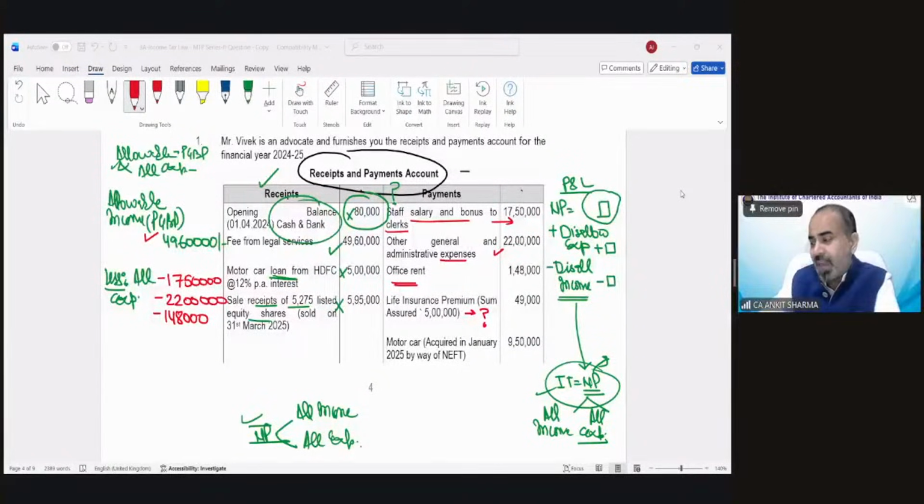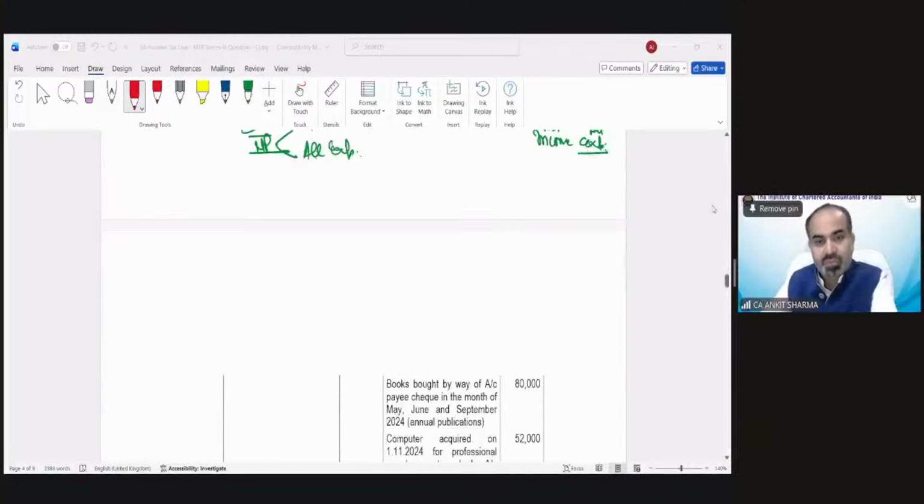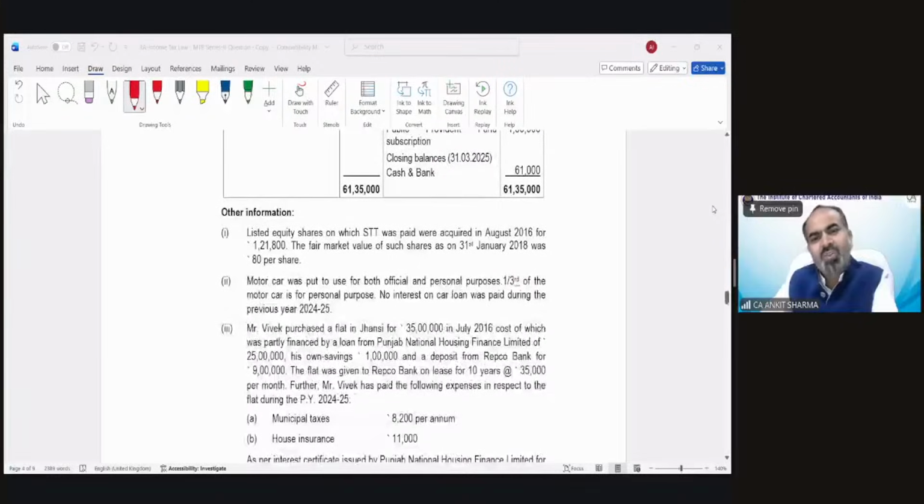So for that, we have to see the additional information also once, because generally in these kind of cases, there would be information like this motor car would be used for some personal purpose and some professional purpose. So we have to see that. So motor car acquired in January 2025 by way of NEFT, 9,50,000. And if I check in the question, generally for motor car, it is always there